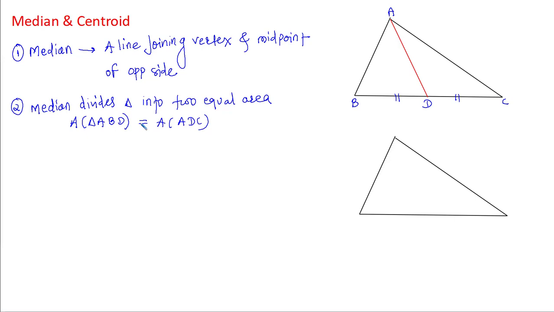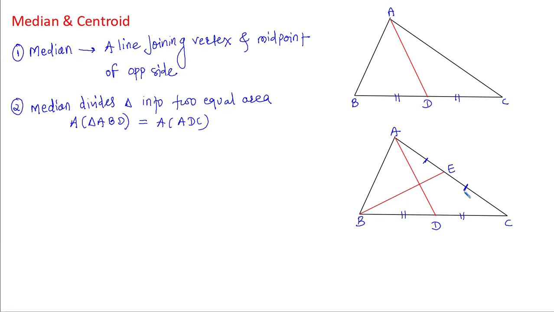In a triangle, how many different medians can we draw? In total, 3 medians can we draw in a triangle. Let me show you those 3 medians. AD is the first median, this is the median and this is the median. Let me name it. Hold on, this is triangle ABC. D is the midpoint of BC. Let's say E is the midpoint of AC.